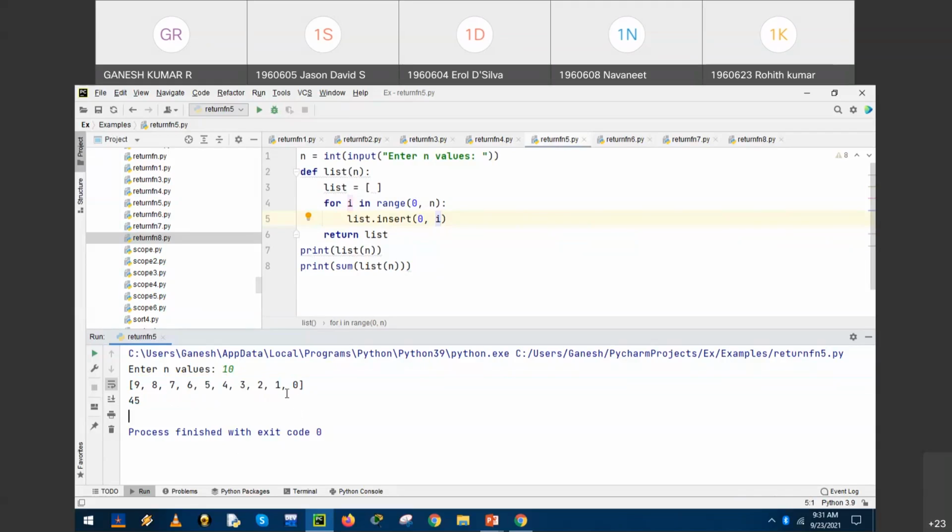I would like to generate a list starting from 1 up to 10. What modification can I make in this program so that I get the output from 1 to 10 instead of 0? Yes? Any guess?